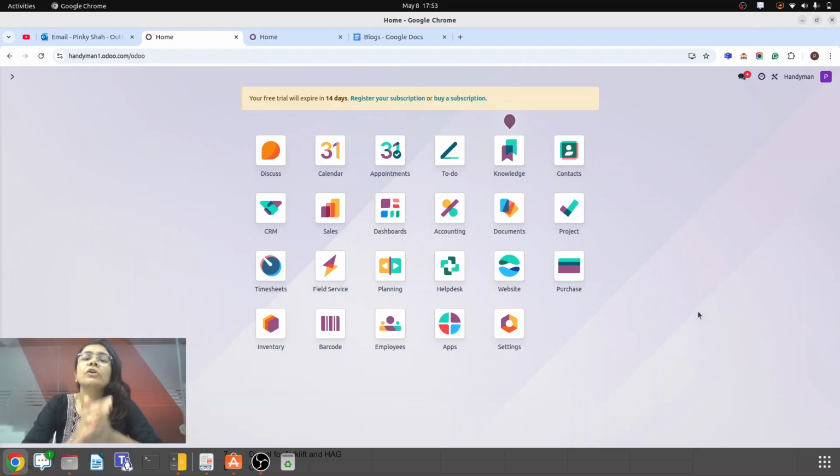Okay, so what is the use case? Let me explain. My customer or any visitor visits our website and fills up the form, which will create a ticket in our help desk. In the help desk, we are going to create a task for our project. That task will be assigned to one of our employees, who will start the task and complete it, and based on the duration, the invoice will be created.